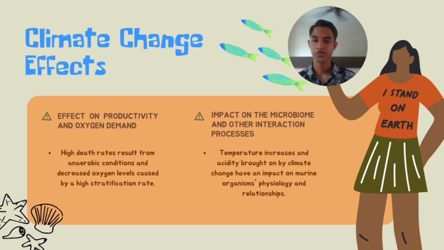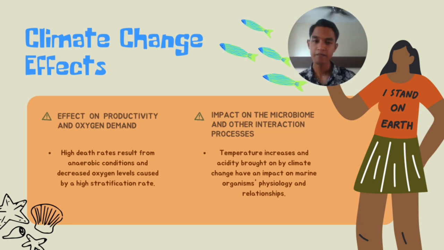Next, we will proceed to the effect on productivity and oxygen demand. The temperature rise can disorder normal metabolic and photosynthetic activities. It also unsettles prey-predator ratios and reduces the overall mass of plant and animal species. The warming of the upper layer degrades the ability to mix nutrients and reduces oxygen levels and creates anaerobic conditions that lead to high mortality rates. Fishing mortality rates have been increased by the unavailability of optimum oxygen, or by decreasing the total mass of phytoplankton and the low availability of essential nutrients.